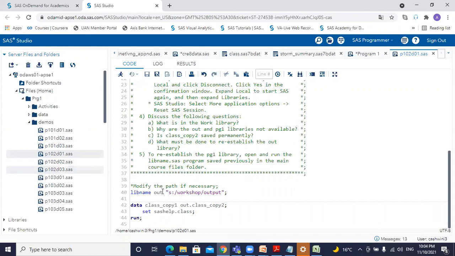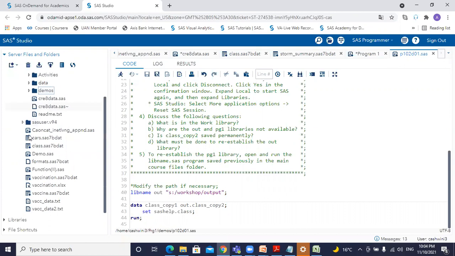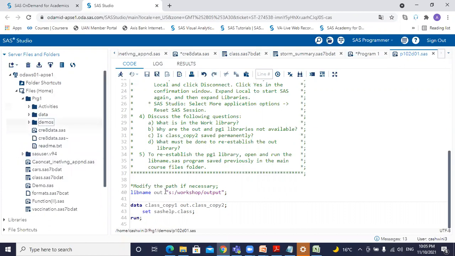Give the path here for your out folder. If you remember, Pragati, you have also created a folder called out, right? Yes. So it's telling you need to connect to that out folder. So follow these instructions and work on it. It's a demo which you'll have to work on by yourself. Read the instructions given in this comment and work accordingly. Okay.